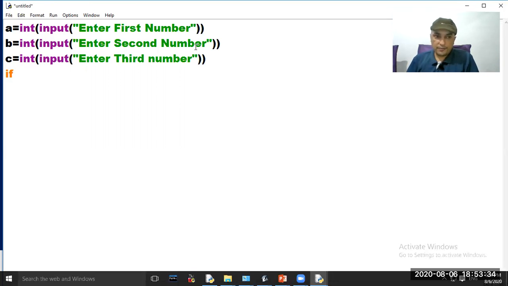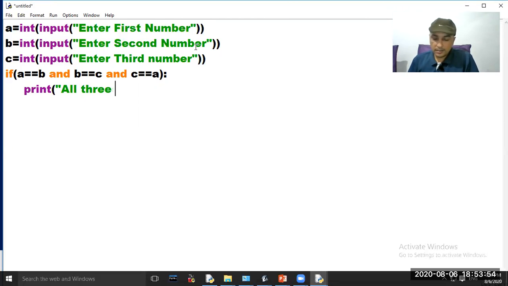If A == B and B == C and C == A, colon, print all three numbers are equal. Else